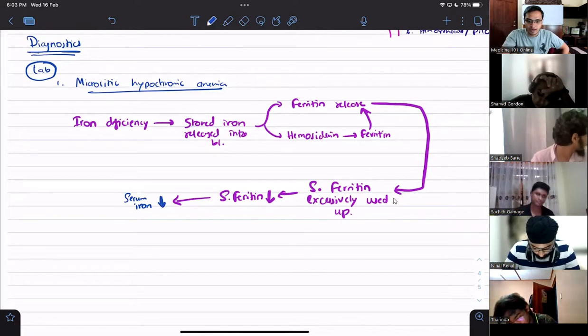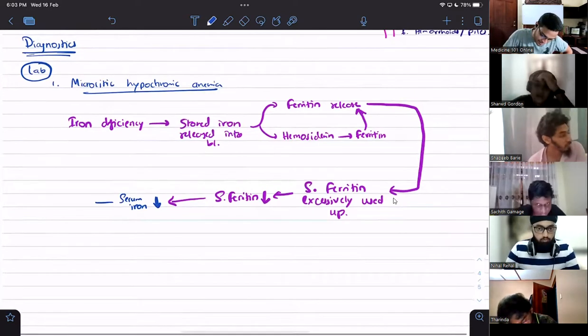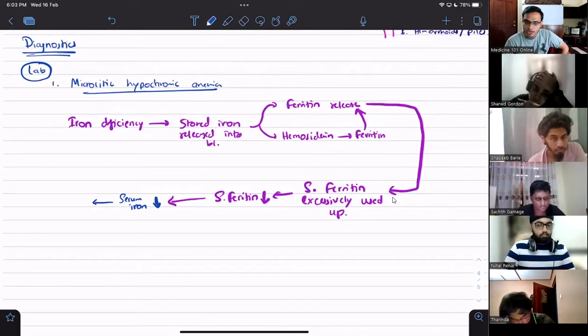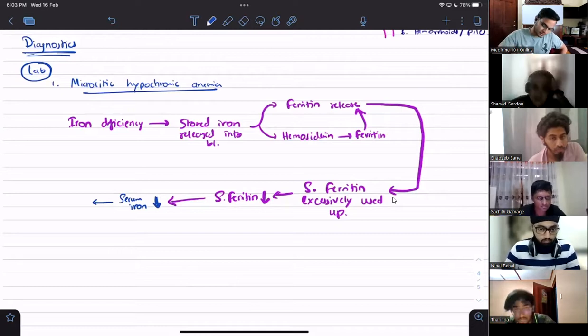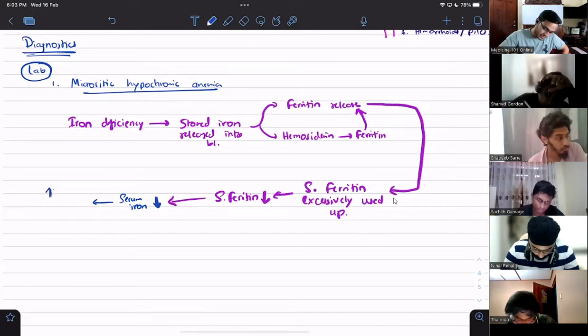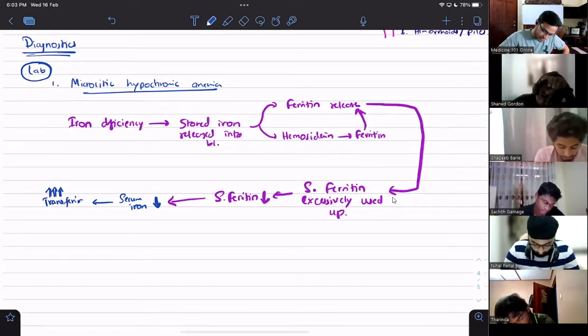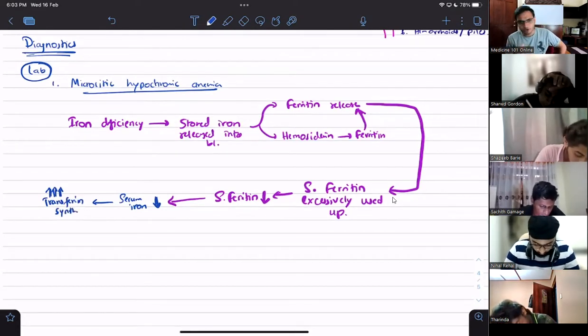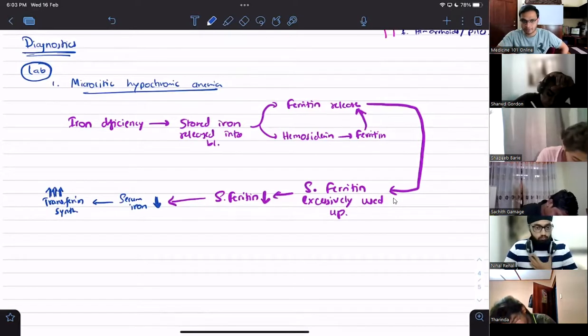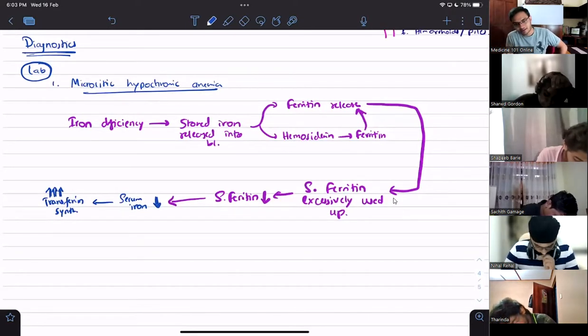Right. Now look at this, guys. When serum iron reduces, what does the liver do, guys? Liver, in an attempt to compensate, right? You all can write this. The liver, in an attempt to compensate, further increases transferrin synthesis. We already know the liver already produces an excess of transferrin. Under normal physiology, it produces an excess of transferrin to get as much iron as possible. Now, when the iron is lower, what does it do? In an attempt to compensate, it produces even more transferrin.